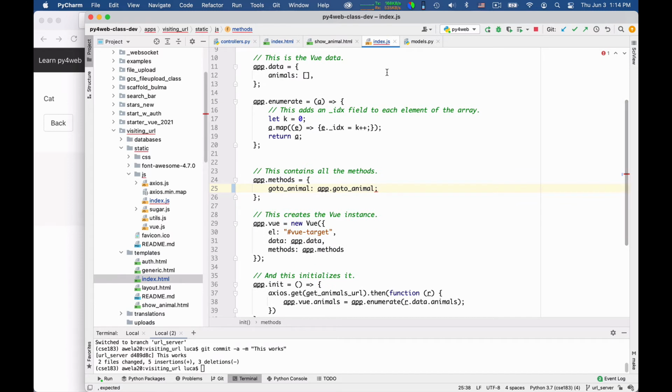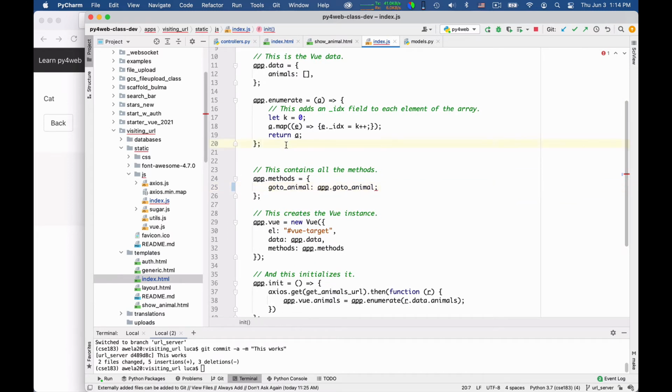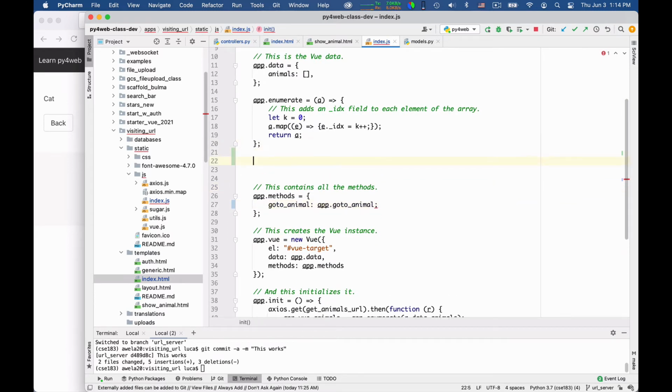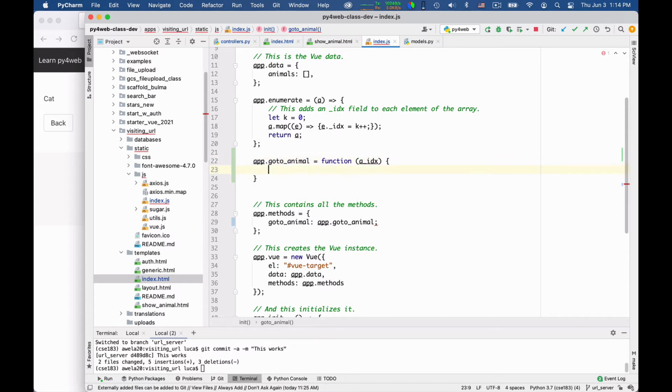Okay, and now I have to write this method to go to an animal. And so let's write it in stages. Let me first write the stage in which I actually ask the server for the URL where to go to. app.goToAnimal is equal to a function that gets the animal index, okay, and it behaves as follows.